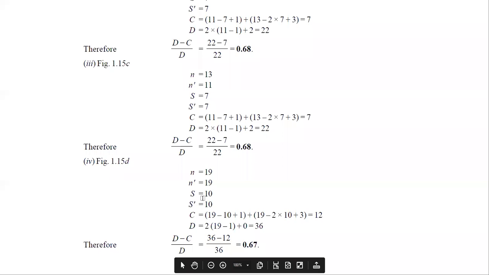So we'll get n equals 19 and n dash, here it is written 19, but it will be 17. Okay, and s is 10 and s dash will be 10 also because all of them have been occupied. Here you will put 17. Okay, don't write 19 here, mistake. It will be 17 over here and the value will change. What will this be? This will be 10 because we will subtract 2 from here. So this will be 10 and we'll be calculating from this 17.